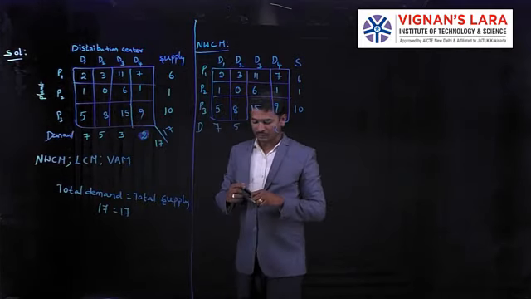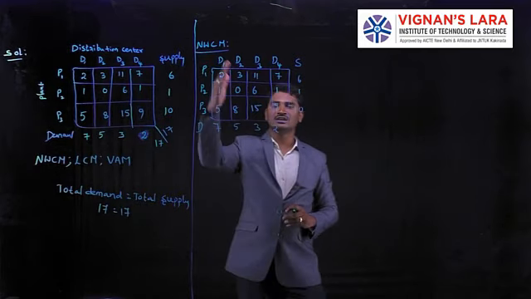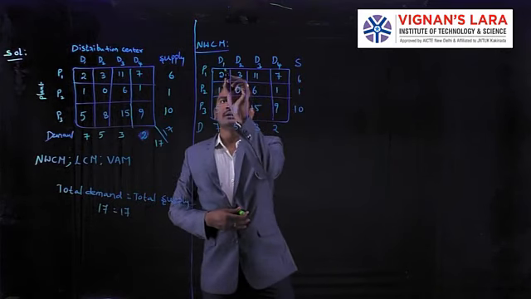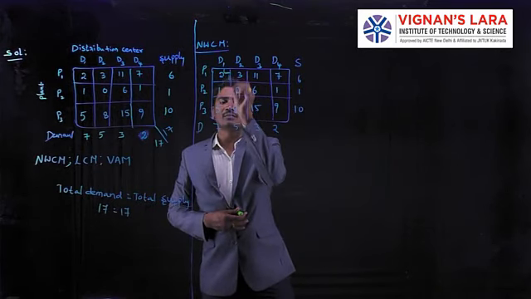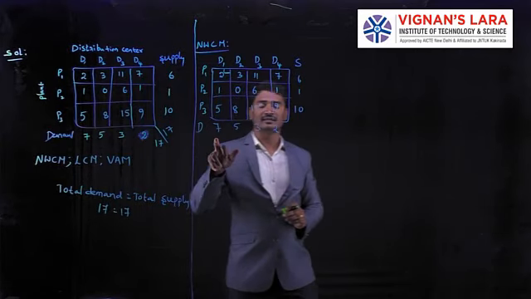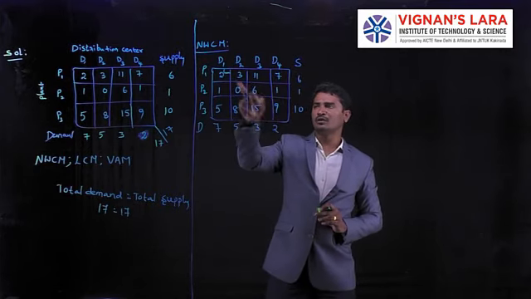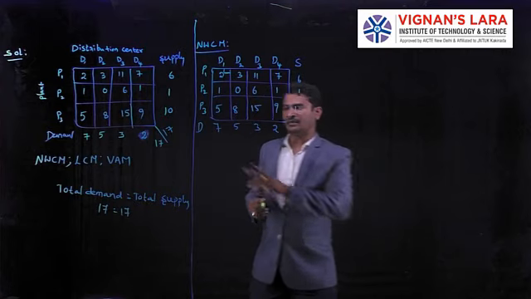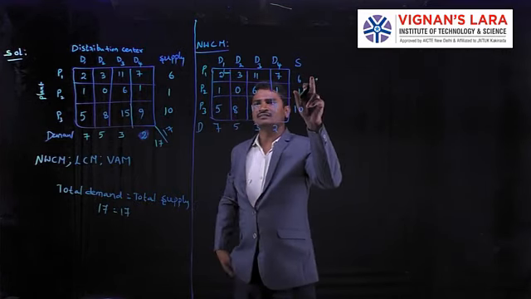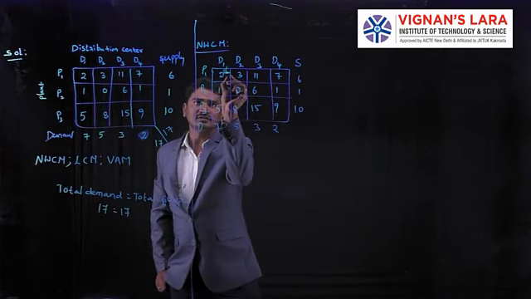Now we are going to allocate the topmost corner. Why we are taking the topmost corner? It is a northwest corner. Here we are applying the northwest corner method. That's the reason I am going to take the allocation here. The topmost corner I am going to allocate. How many units we are going to allocate there? Here we have the demand is 7 and supply is 6 units are there. From these two we are going to allocate the minimum value. It means our demand is 7 but we have the availability is 6 at this station. That's the reason I am going to take 6 units of allocation. Okay. Here I am going to allocate 6 units.